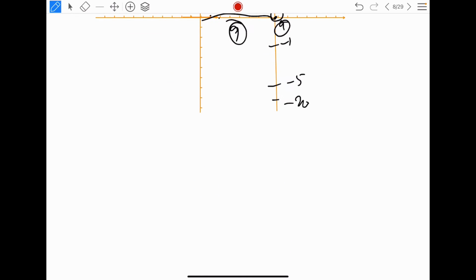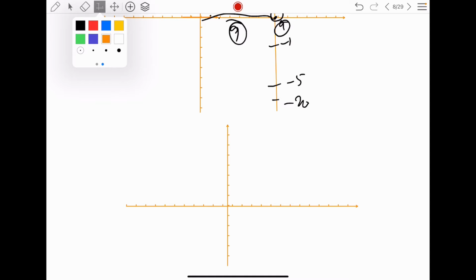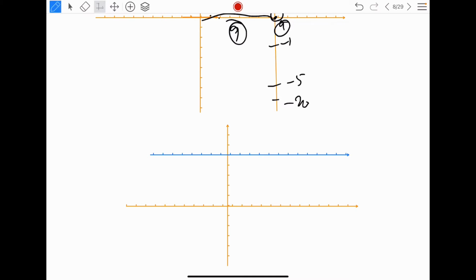Now similarly, we'll take the case of a horizontal line. We have taken the case of the vertical line. Now when I take the case of a horizontal line, this is my horizontal line. In this horizontal line, you already know this is parallel to your x-axis. So suppose the point on y here is 5, x will keep on changing, 1, 2, 3, 4, minus 1, minus 2, etc. But the y will always be 5. That means y will always be a constant.